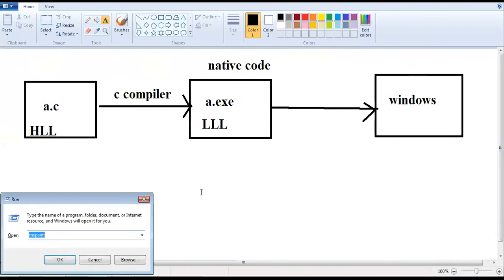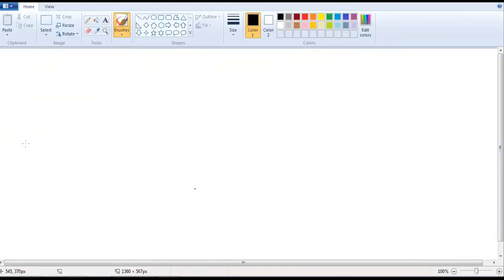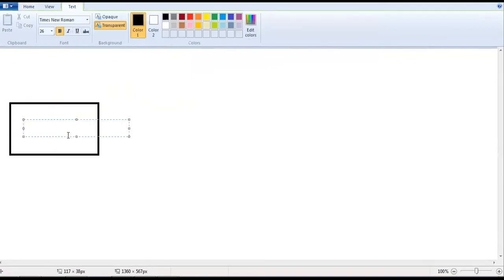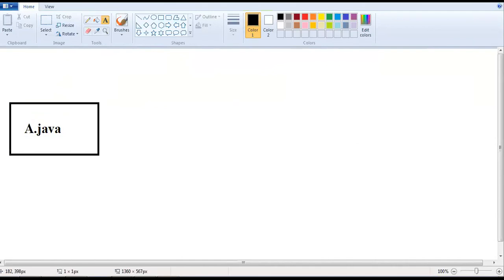When it comes to Java, see this. This is Java code, guys, a high level language. For example, A dot Java. This file name is A dot Java. What does the Java compiler do?